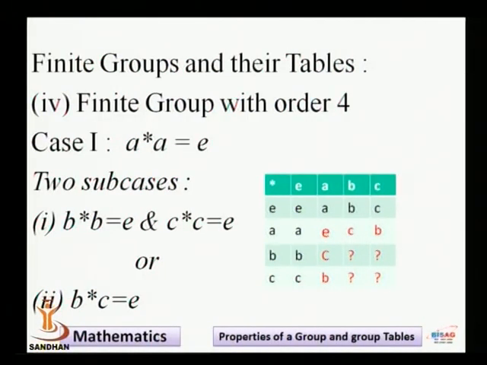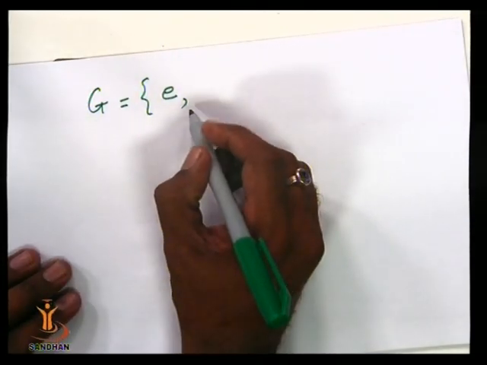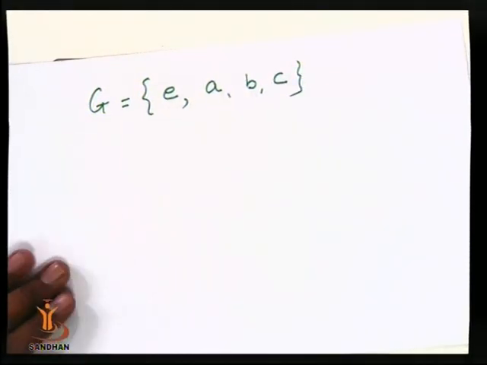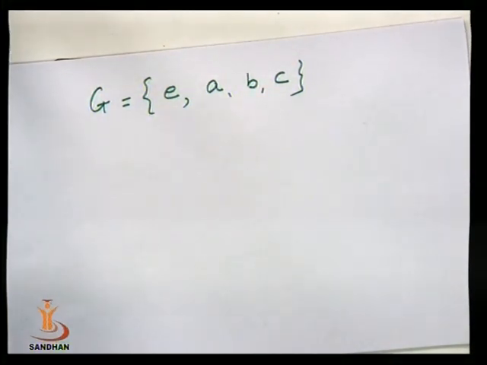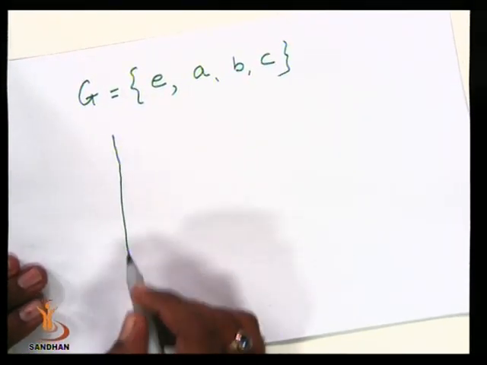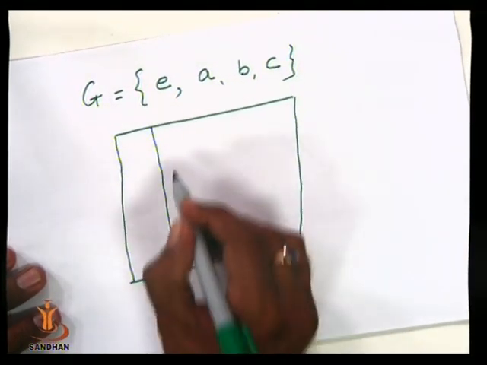What happens if group G contains 4 elements, and let us see how many possibilities there are to form a group table having 4 elements of a group. Say G has 4 elements. One must be the identity element, that we know, and except the identity there are 3 more elements, say A, B and C. This is very interesting. Now what happens in this case? Here we have 4 elements. Let us draw a group table and let us try to explore all the possibilities G may have.